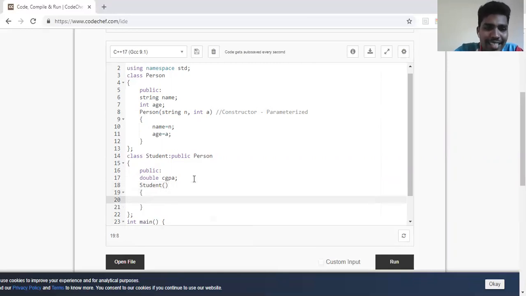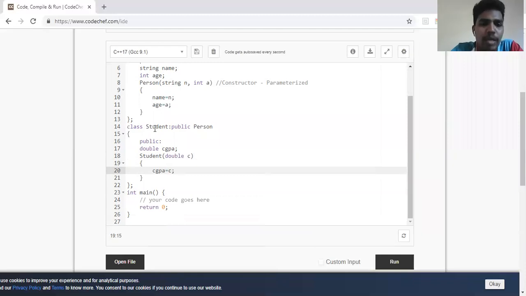Since student has only CGPA to be taken here, I'll use double. I'll call double, and then I'll give C for CGPA, and then I'll be passing here CGPA is equal to C. So I've written a constructor for my class student also.